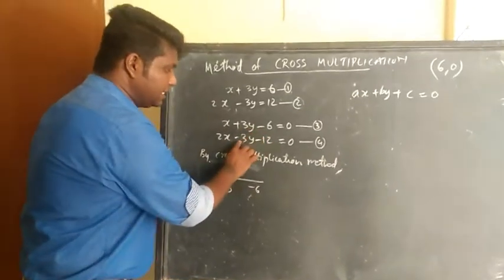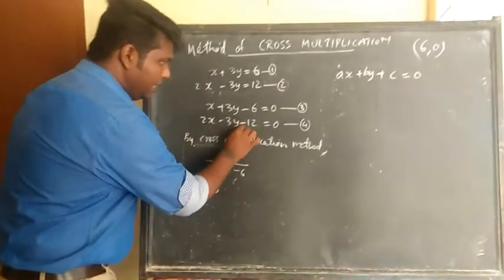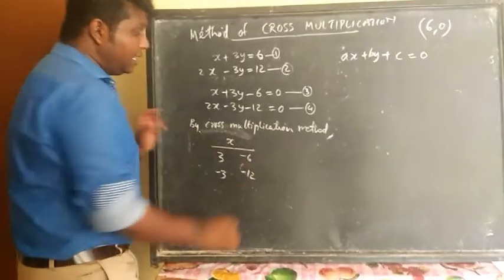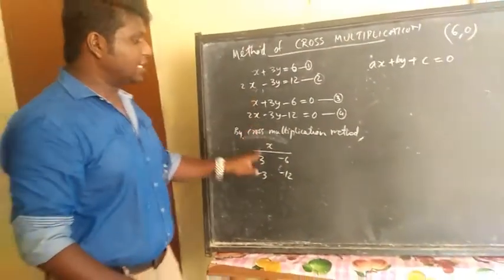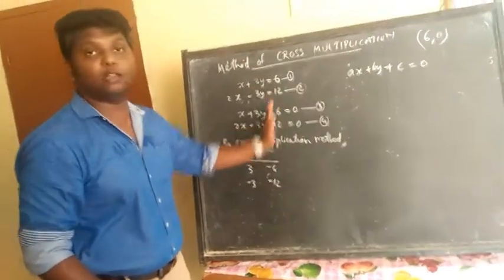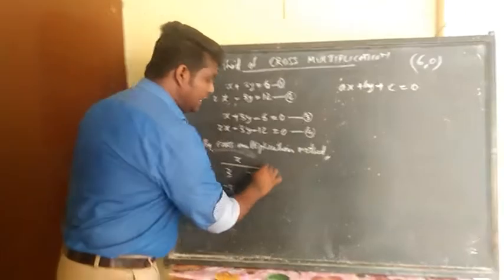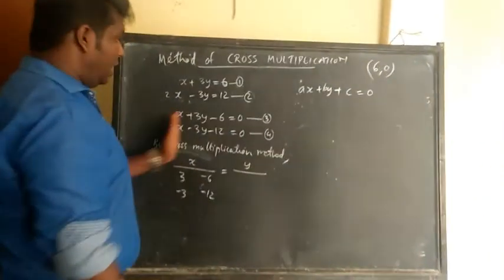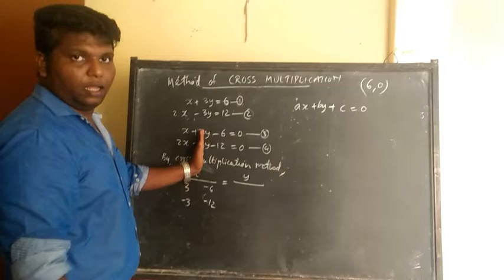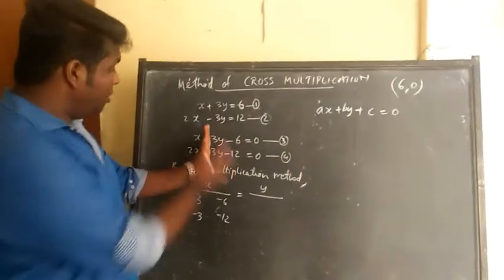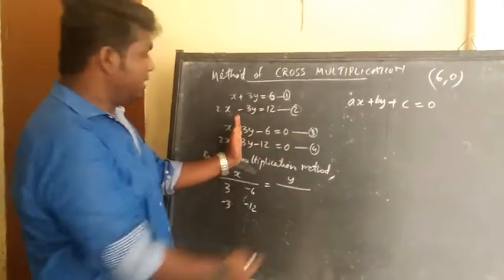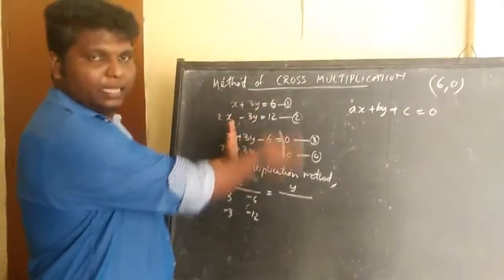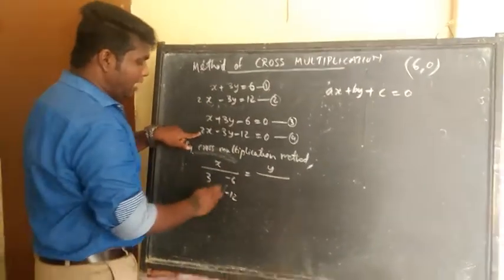साथ में मत लिखिएगा, थोड़ा जगह बना के लिखना है. 3, -6, here it is -3 and here it is -12. देखा, जब x लिखा है वो x का कोएफिशिएंट नहीं लिखा है, उसका बगल वाले दोनों का कोएफिशिएंट्स लिखा है. That is equal to y divided by. अभी y का बारे में जब बोलता है तो y का कोएफिशिएंट मत लिखिएगा, बाकी आगे पीछे जो भी है वो लिखिएगा. तो पहले इस तरह लेफ्ट देन राइट.